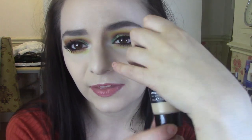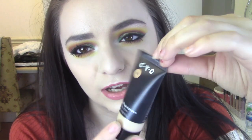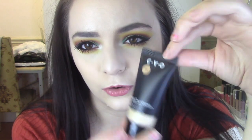But yeah, coverage was good. The wear I think was alright. I'm going to have to watch that review back to remember. If you can find a shade that works for you, I would maybe give it a go. It's certainly not a bad foundation by any means, but the colour's just too off for me, to the point